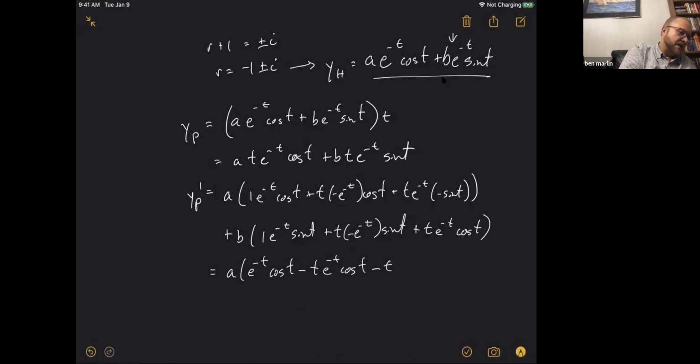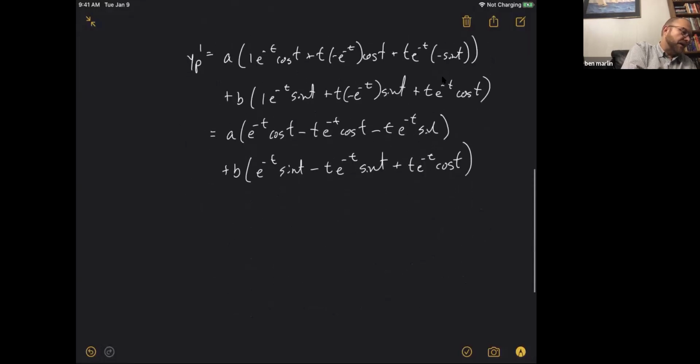So minus t e^(-t) sin t, plus b times e^(-t) sin t minus t e^(-t) sin t, and then plus t e^(-t) cos t. All right. So I said tidy up,